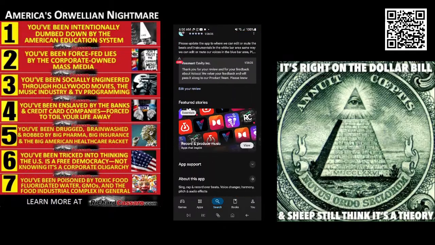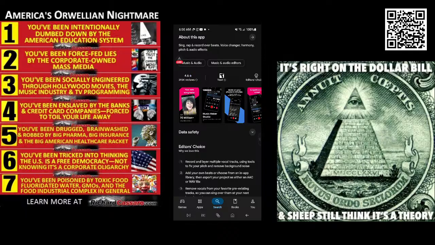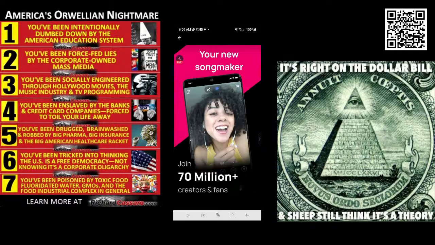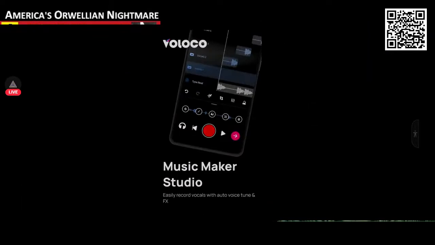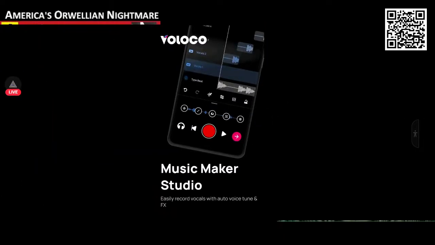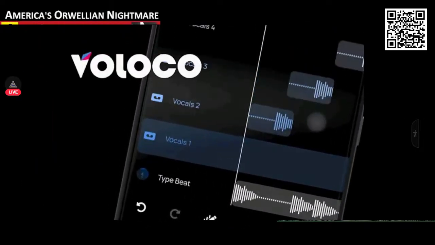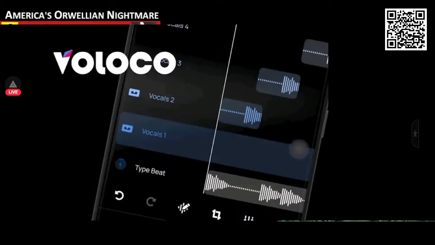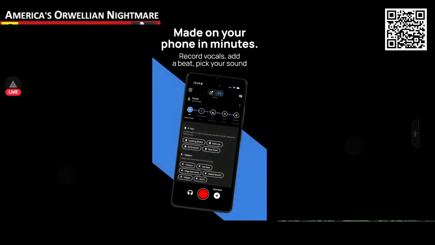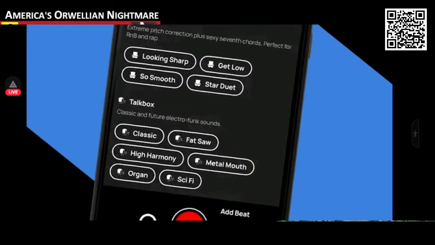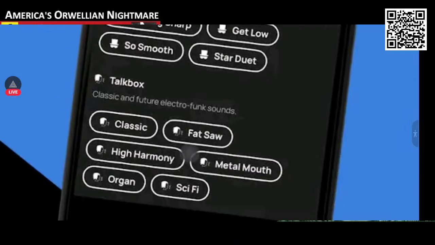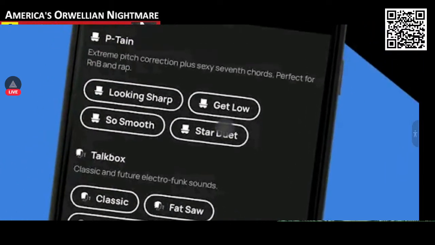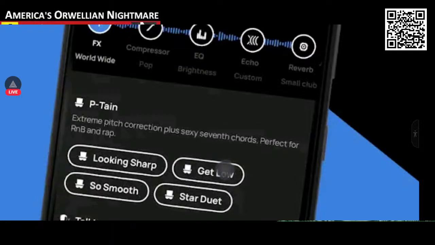But like I said, I started adding in sound effects. I started adding in all types of stuff in there. Look, right here is what I'm talking about. You see, when you click right here, the voice area, it says import, and then you can add in sound effects and stuff right there. And then this is what's locked behind the paywall. You see all these different voices right here? That's what's locked behind the paywall.